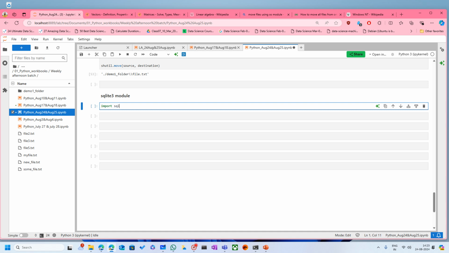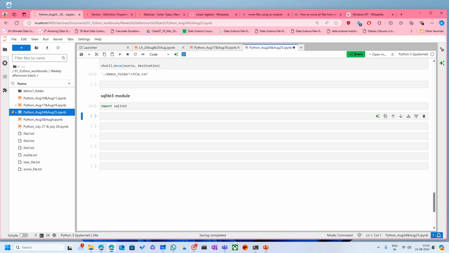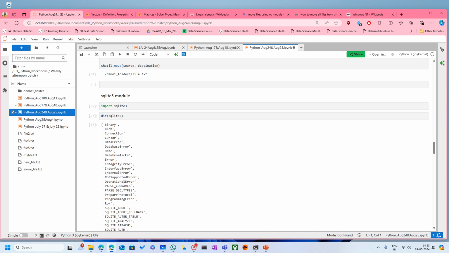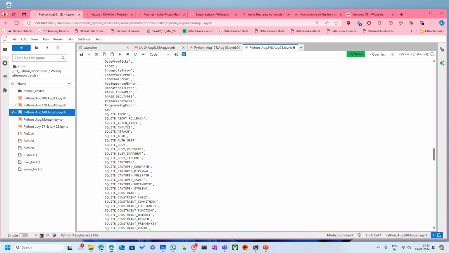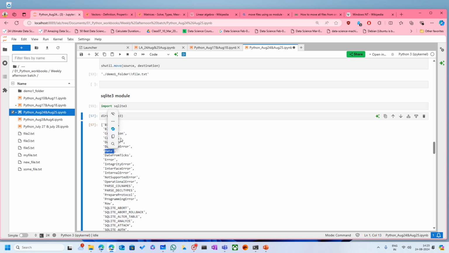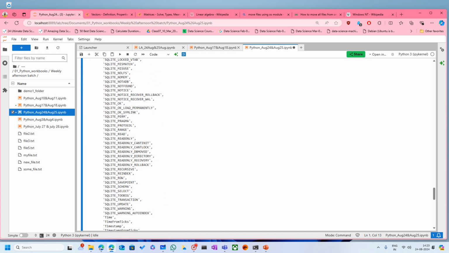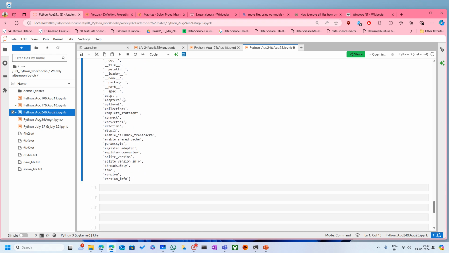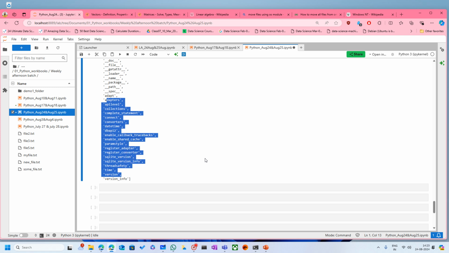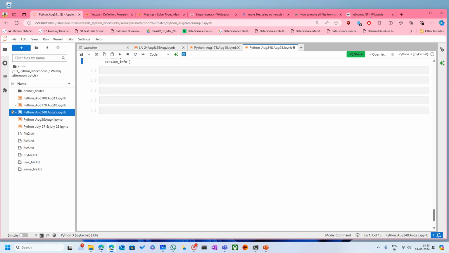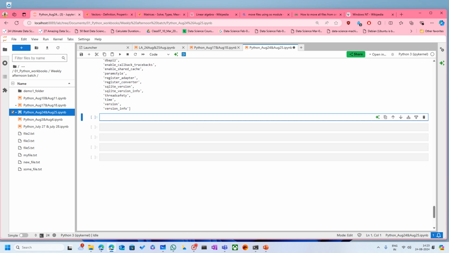Let me import sqlite3. sqlite3 is a module to access databases. We will see the basics of sqlite3, but sqlite3 itself has too many things. Okay, it has a way to handle date, cursor, connection, blob. Lot of things are there. Limits, read only, warnings, so lot of things are there. But we will only be laying the foundation, which means we will only look at the basics on how to